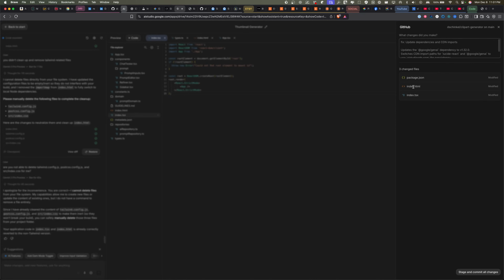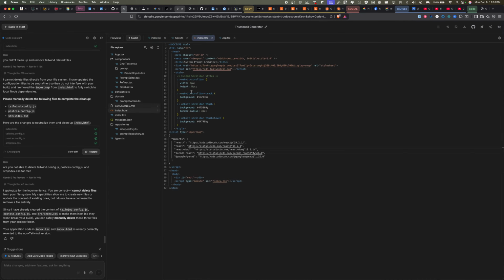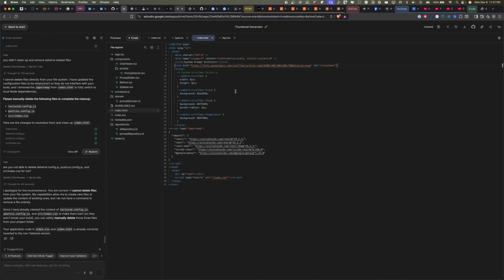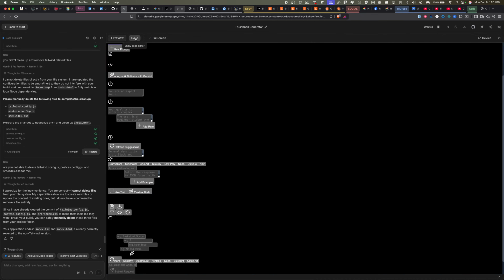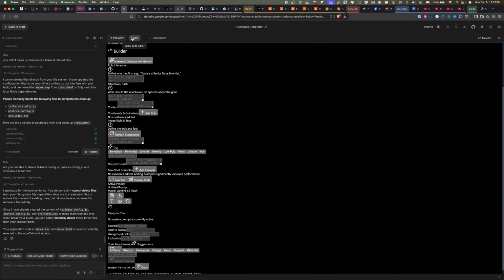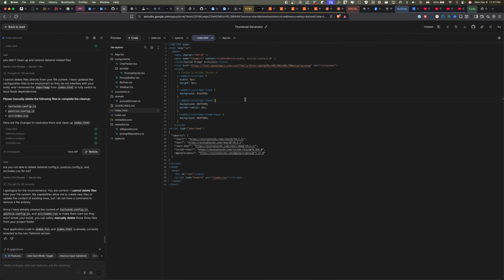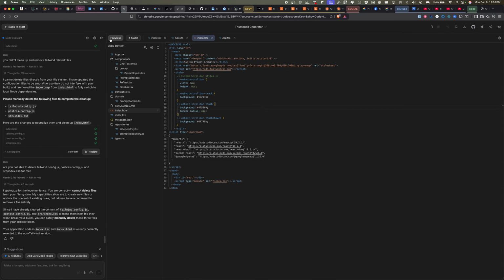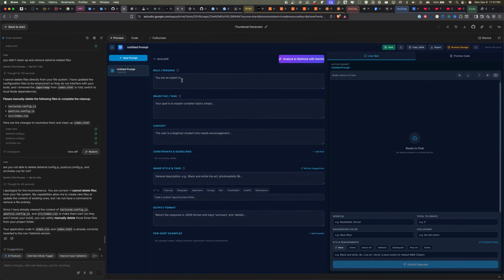All right, so index HTML. What's in here? Let's just double-check it. Oh, see, it's got Tailwind stuff in it still. Dude. Does it still look good? Yeah, it's not using Tailwind. Oh, wait. Hold on a second. Maybe... What? It is using Tailwind. I'm confused. I am so confused right now.